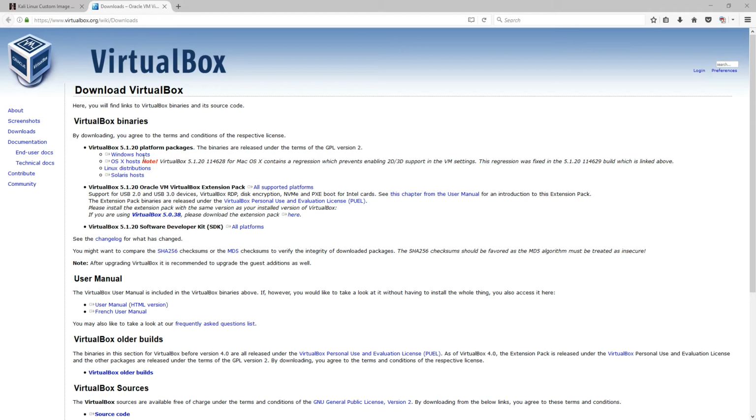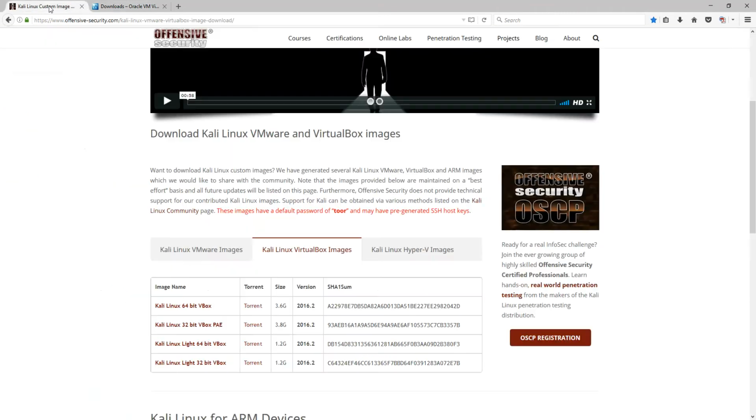Once you get to virtualbox.org, you're going to want to select Windows hosts. While you're here, go ahead and download the extension pack. It'll help if you need to use any USB devices. While both of those are downloading, you're going to want to jump over to